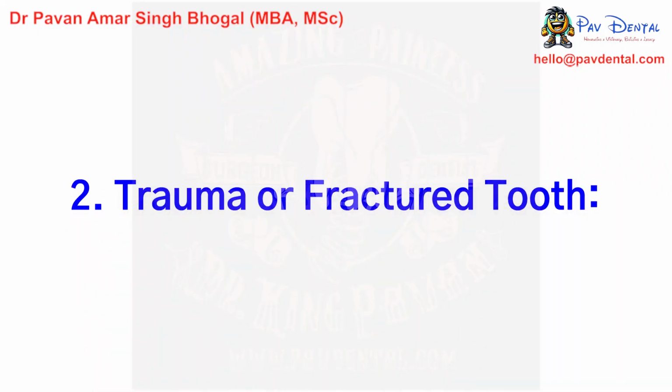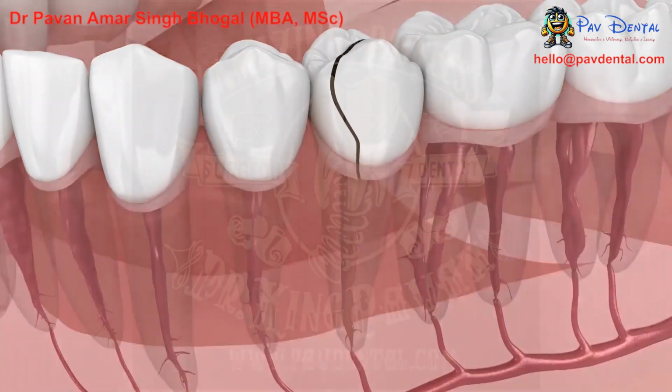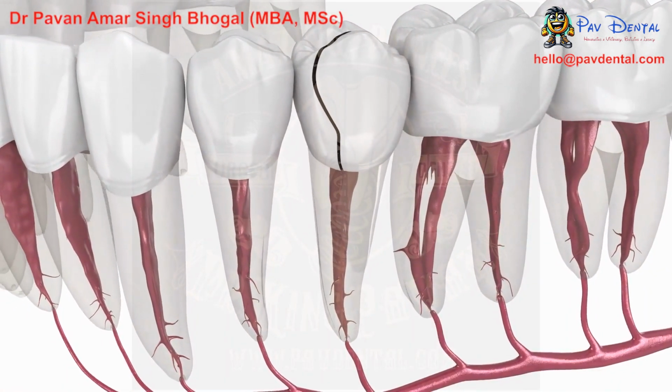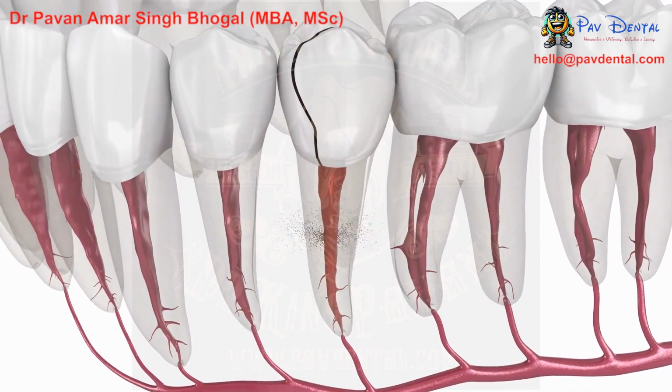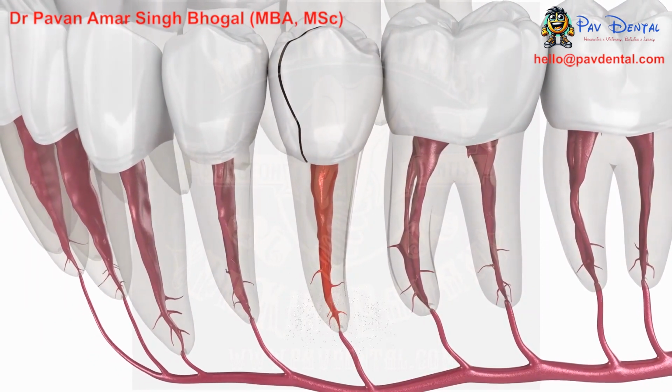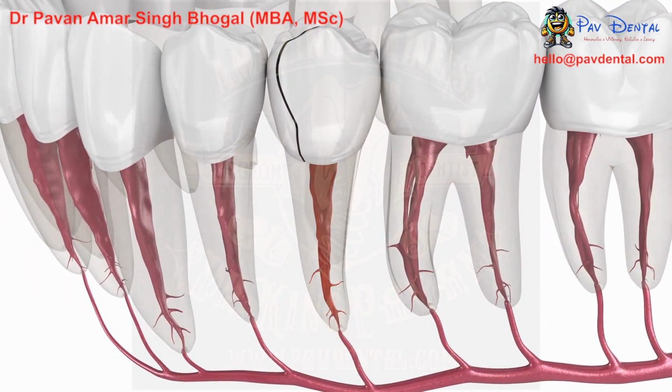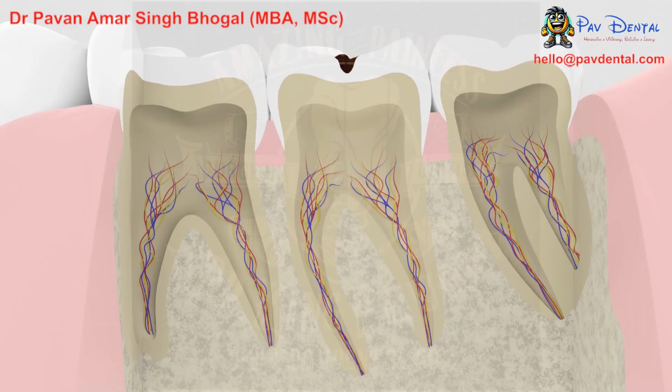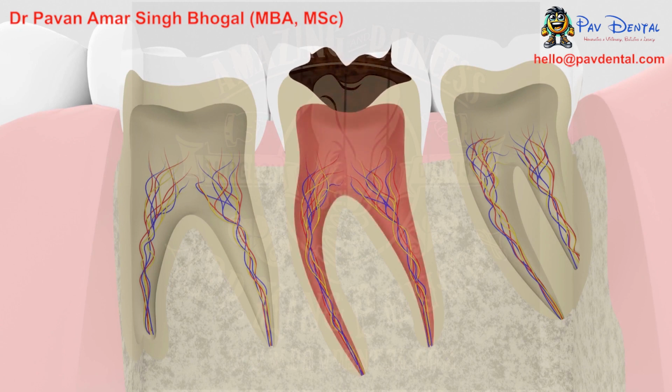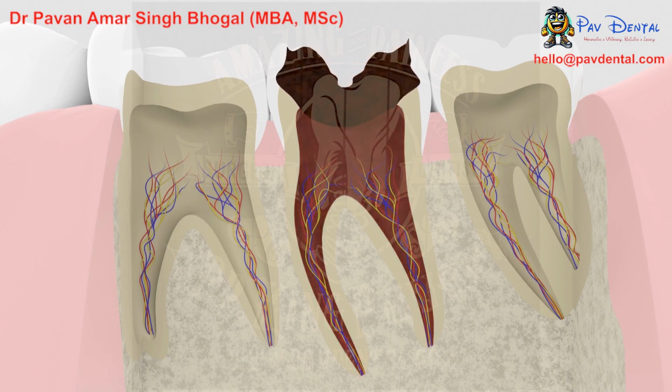2. Trauma or fractured tooth. A crack or a fracture in your tooth can extend down into the pulp. This provides a pathway for bacteria to enter, causing infection and pain. A hard blow to your tooth, even if it doesn't cause a visible crack, can damage the pulp inside. This damage might not show up immediately, but over time it can lead to infection and the need for root